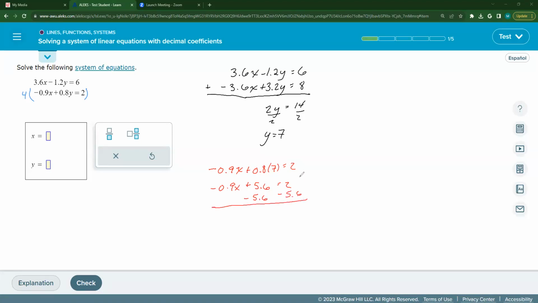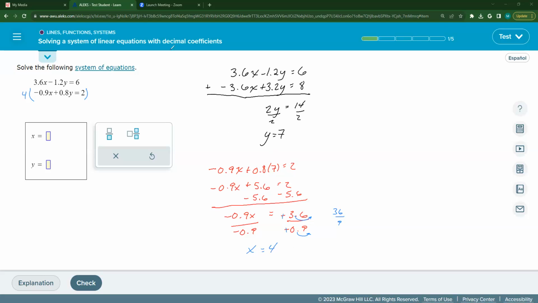These are opposite signs. So these cancel out. These are opposite signs, and I get a negative 3.6 equals negative 0.9x divided by negative 0.9, negative 0.9. And if I'm thinking about this, the negatives cancel out, decimal moving, whatever I do on the bottom. So this is the same thing as 36 divided by 9. So x equals 4